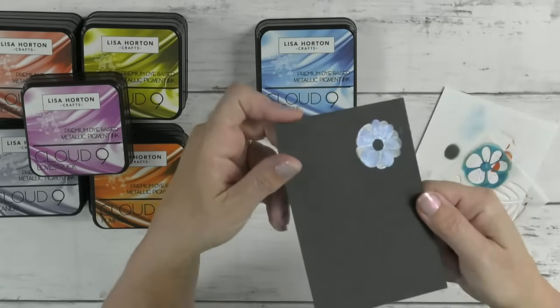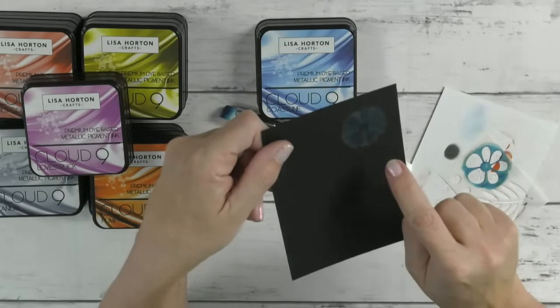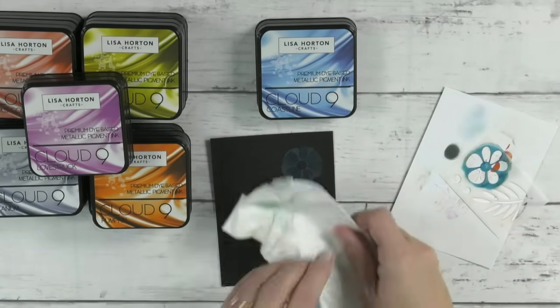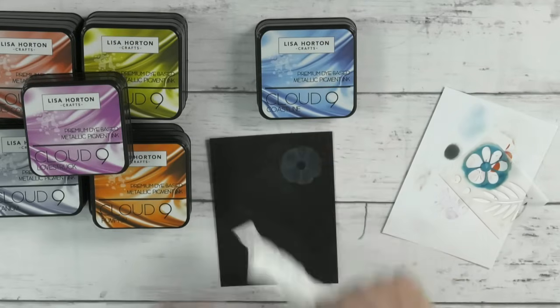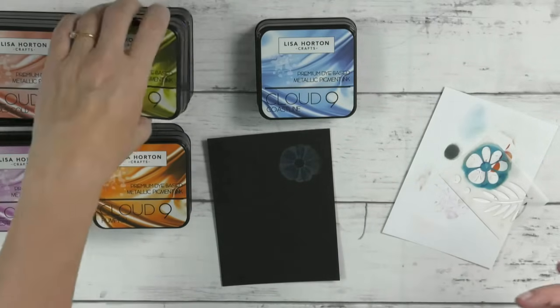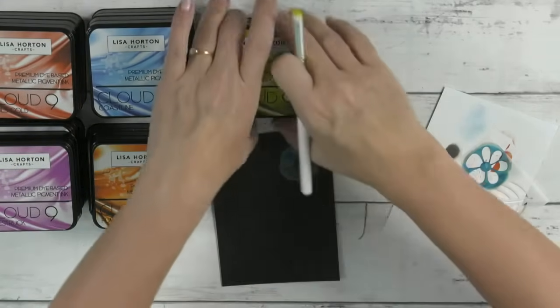Now let's pop a little centre in there and let's pop a yellow in there. Now that's still a little bit damp, so you could do your heat embossing with this if you wanted to. I'm just going to take my tissue and give that a little wipe. Yeah, you can see that on the back. So that is still a little damp, but if I bring it back in, that sunshine, which is your yellow,